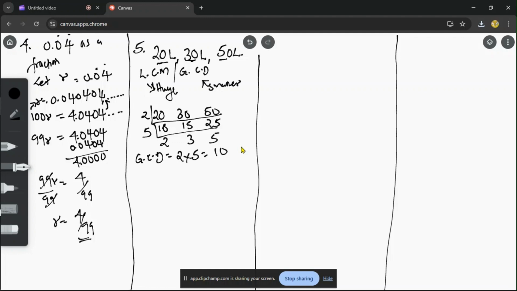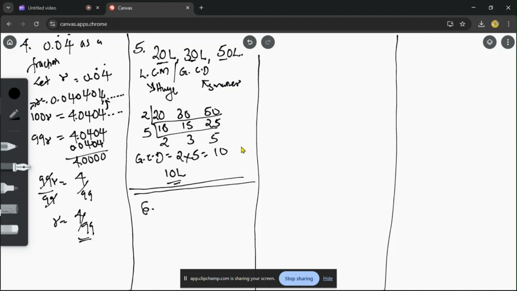So 10 will be the least capacity that can fill this one. And you can see 10 can fill 20 without a remainder, can fill 30 three times without a remainder, and 50 five times without a remainder. Because you're looking for capacity, I can say it is 10 liters. 10 liters. If we go to the next question,